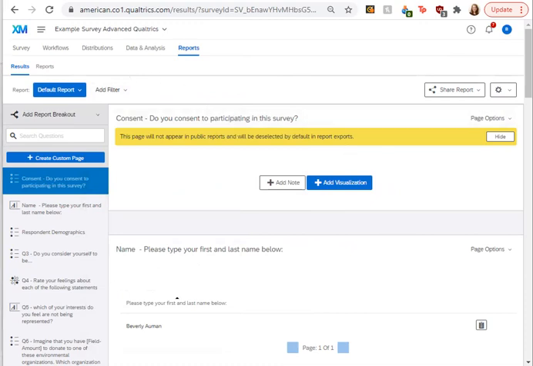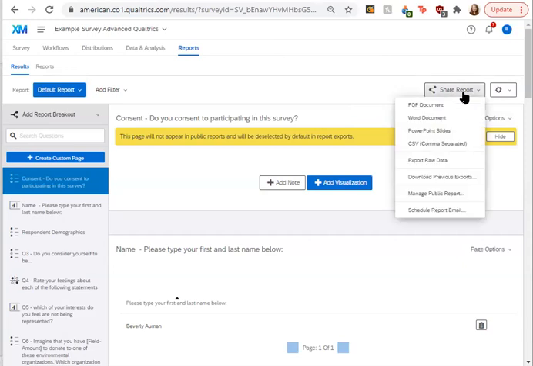All right. And then the last thing that we're going to go over is just options for sharing your reports. So if we go to the share reports option at the top right. All right, so here are the sharing report options. The methods for sharing your reports can be exporting them.